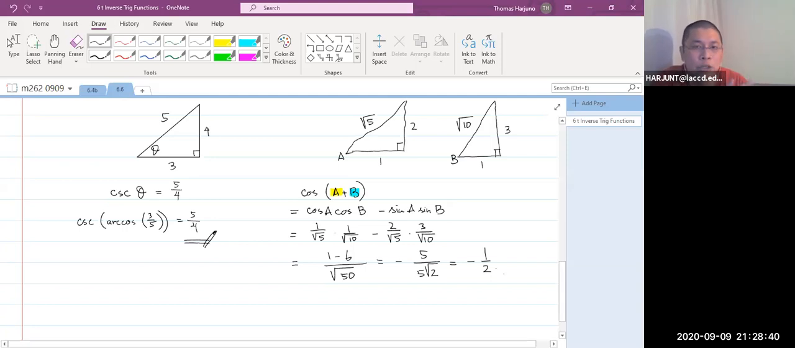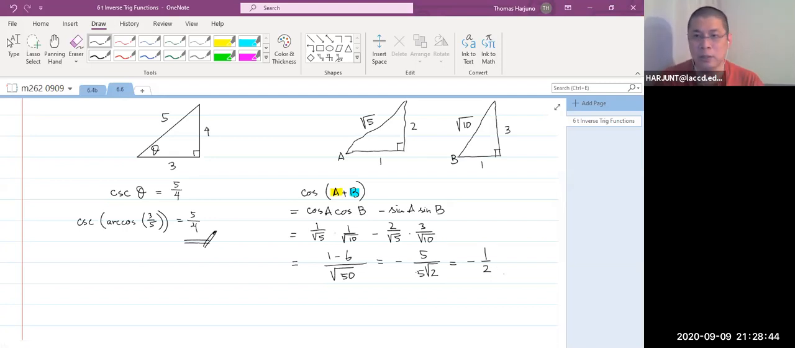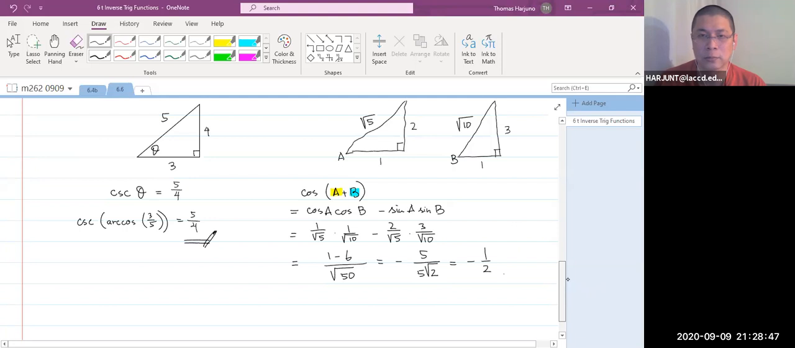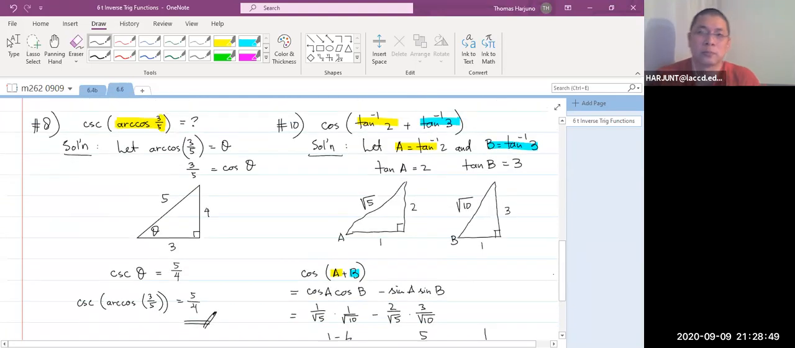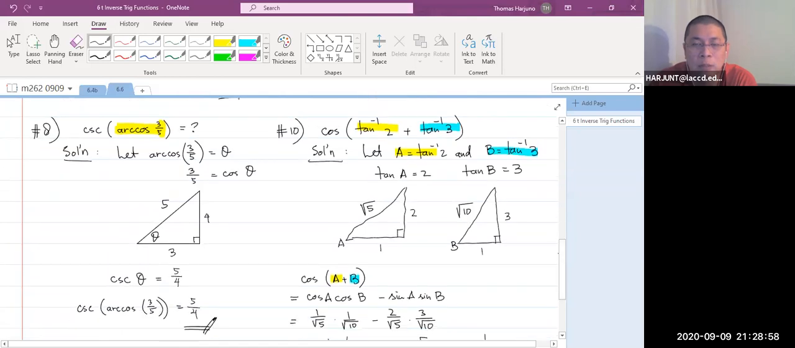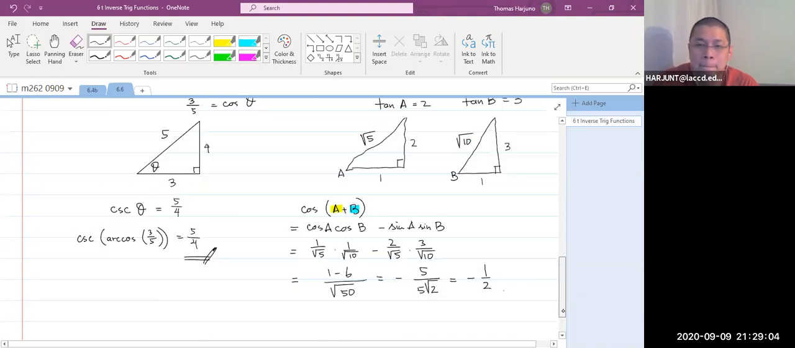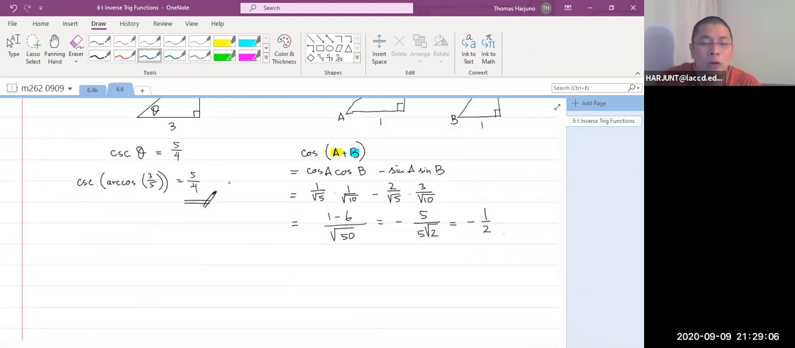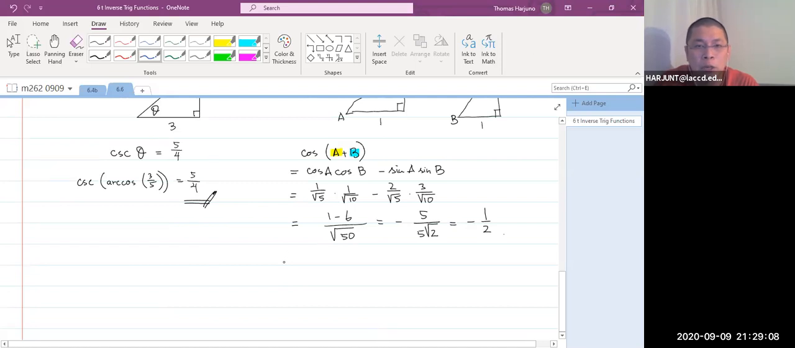Can you tell which quadrant this A plus B is located in? You know that cosine of the sum is negative 1/2. But how do we then use that to know which quadrant it is located in? I call that a follow-up question. You think about it. Which quadrant